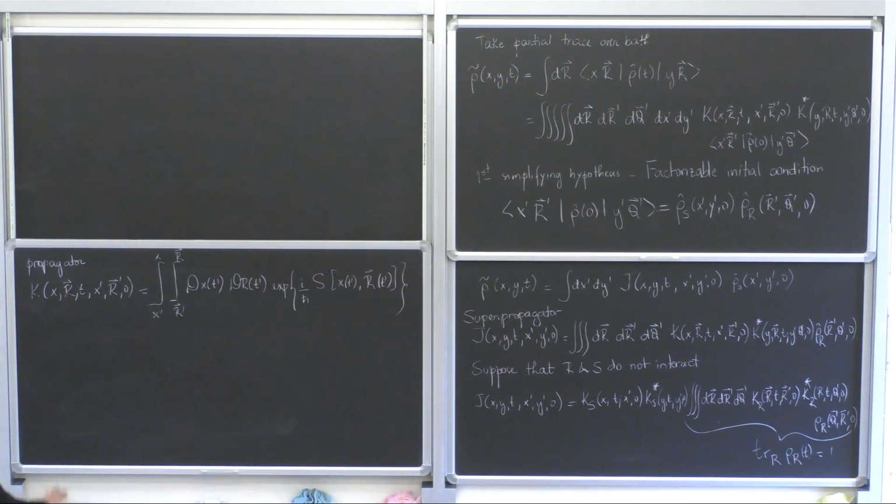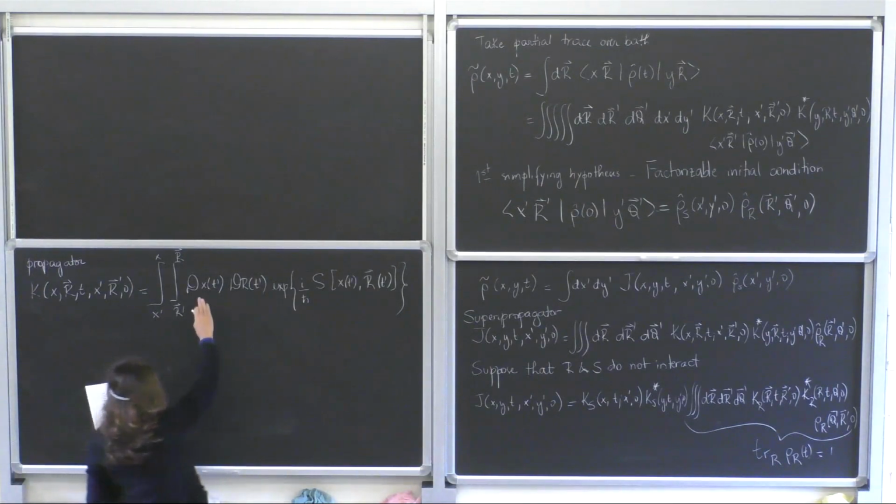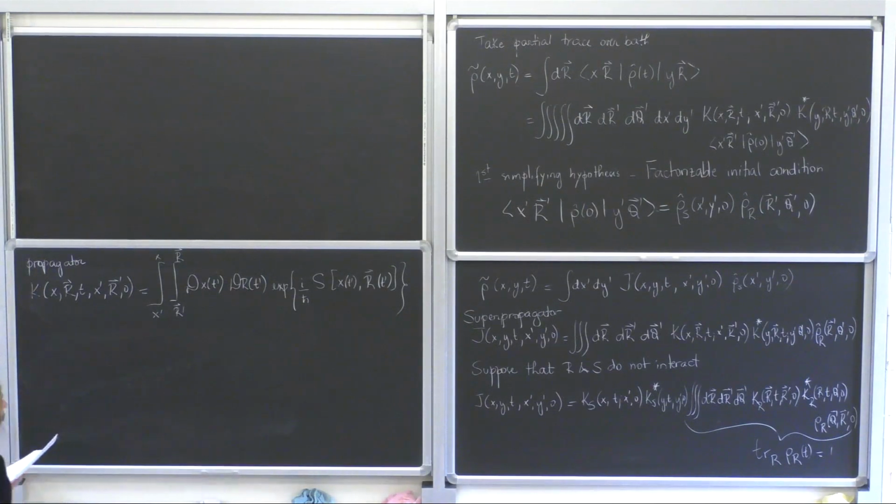Okay, so I'm just formally writing. You propagate from x prime to x, r prime to r, over all possible trajectories x of t prime, r of t prime, weighted by the action,